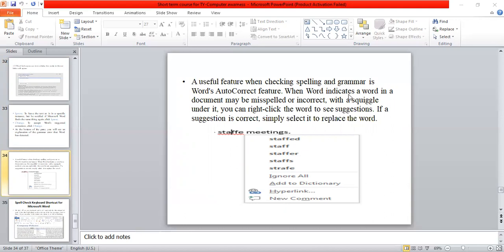मतलब when the word indicates a word in the document may be misspelled or incorrect with a squiggle under it. Squiggle मतलब underline. उसके नीचे अगर underline आती है तो यहाँ पे आप देख सकते हो कि अगर वैसे स्टाफ मीटिंग लिखा, अगर स्टाफ की स्पेलिंग आप देख सकते हो ये गलत स्पेलिंग है, that means it is misspelled और incorrect स्पेलिंग, इसके ऊपर एक रेड लाइन आ गई है, आपको क्या करना है, you have to just